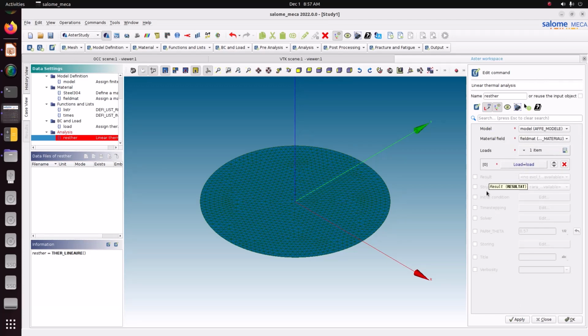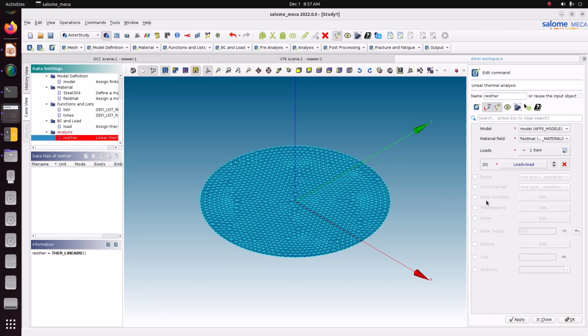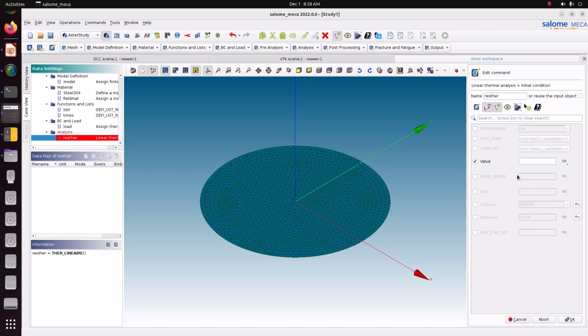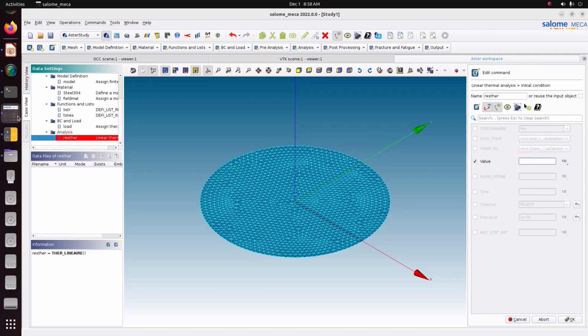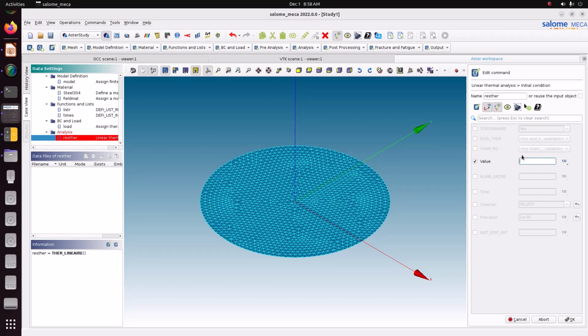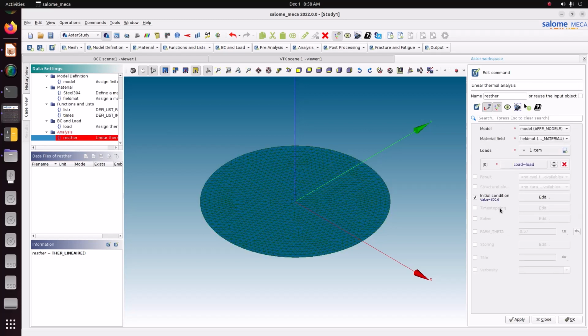Now there is an option called initial condition. If you are specifying initial condition in thermal analysis, it will become transient. If you are not specifying initial condition, it will become steady state. That is the way the solver is going to solve. I am specifying initial condition value of 600 as mentioned in the problem. Initial temperature of this shaft is 600. Say OK. And time stepping,